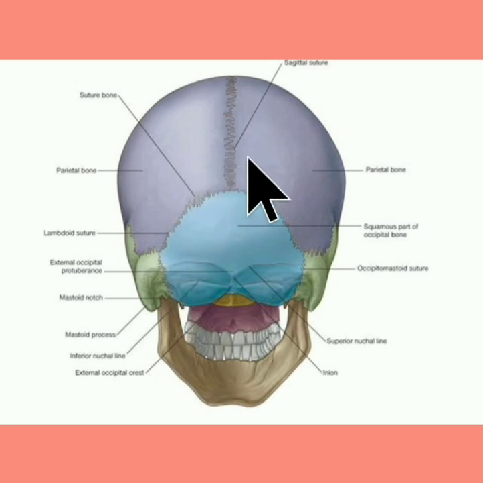First of all, the bones forming the norma occipitalis are the parietal bone, the occipital bone and the mastoid part of the temporal bone. The sutures are the sagittal suture, lambdoid suture, occipitomastoid and parietomastoid sutures, and the points are the lambda, from the posterior fontanelle, and the asterion, from the mastoid fontanelle.